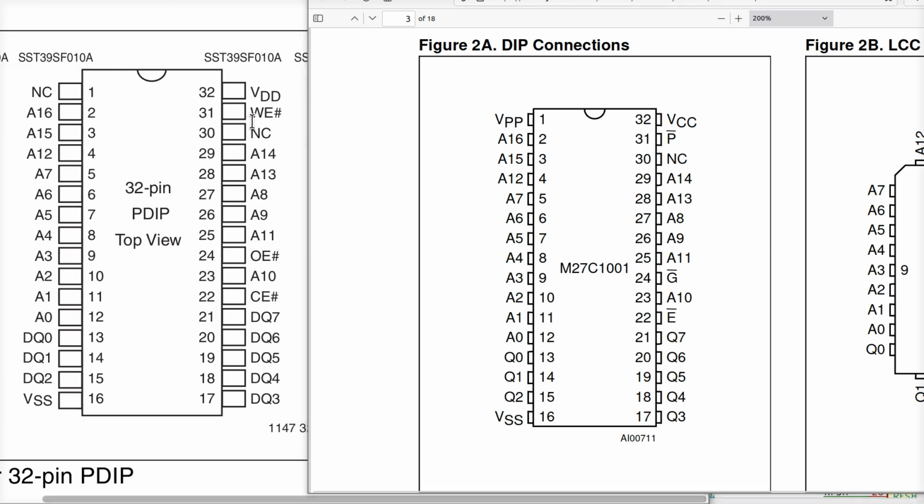And then what do we got? The no connect. We got the write enable. It's this. And this is P bar in the UV version here. Now, the UV version, you need a very special programmer. It has to have a different programming voltage, like 12 volts or 24 volts, and you have to control the program by diddling around with pin 31 here. So you can definitely not program this with a Raspberry Pi adapter like you see me do with my flash-based